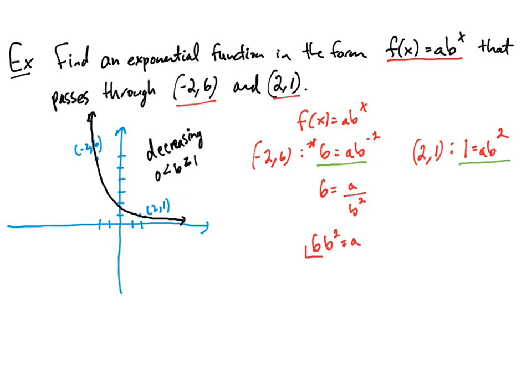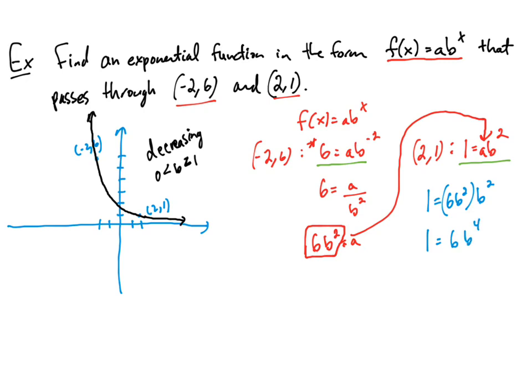So what I'm going to do is I'm going to take this, 6b squared equal to a, and plug it in right here. So I'm going to end up with 1 is equal to, in place of a, I'm going to write 6b squared, and then that's also getting multiplied by b squared. So we get 1 is equal to 6b to the 4th power. Divide both sides by 6,